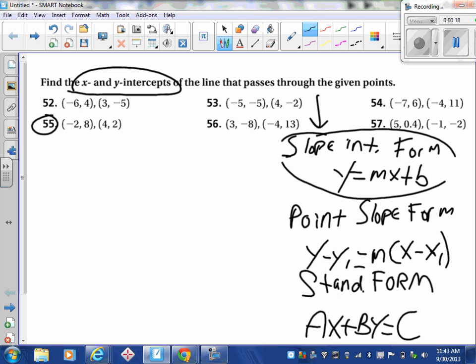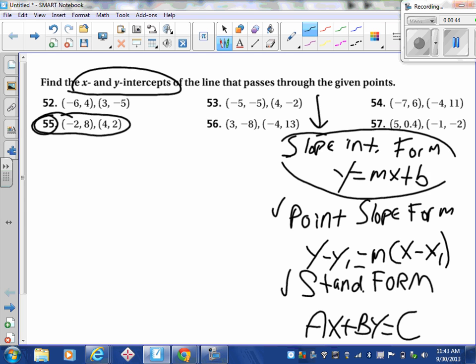Slope-intercept form is y equals mx plus b. We did that in the beginning of the school. Then we went to point-slope form, which is y minus y1 equals m, x minus x1. And then we ended up with last week's standard form, ax plus by equals c. So using these points right here,